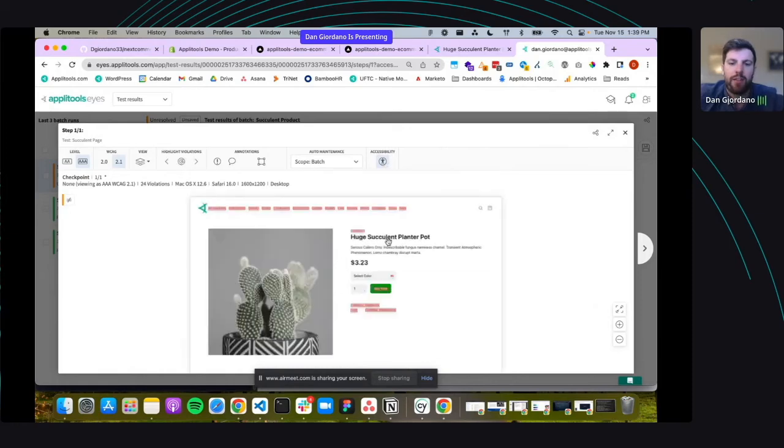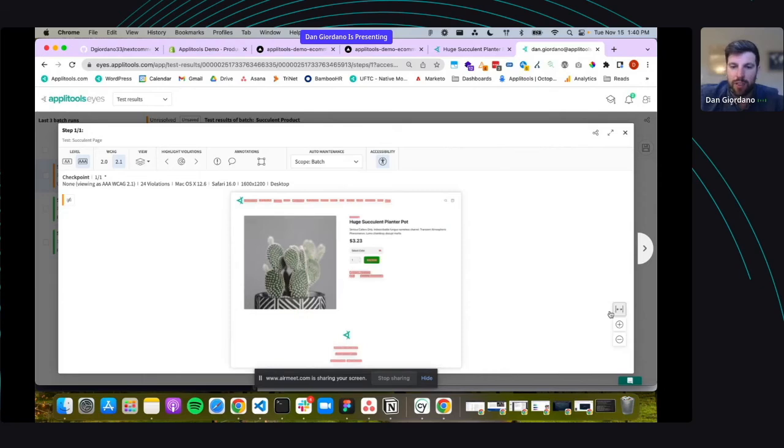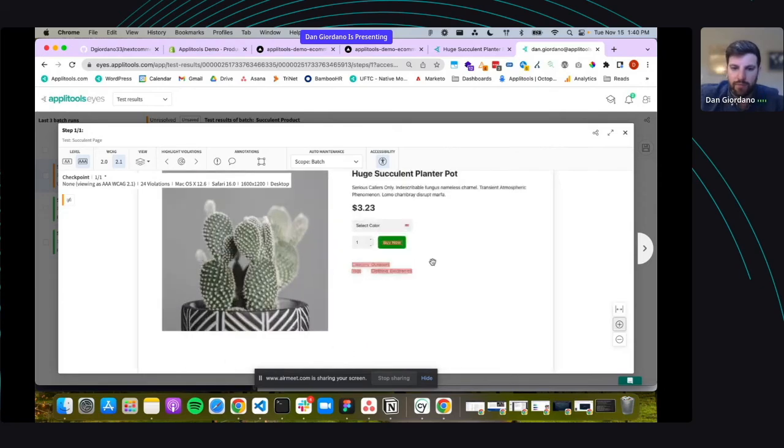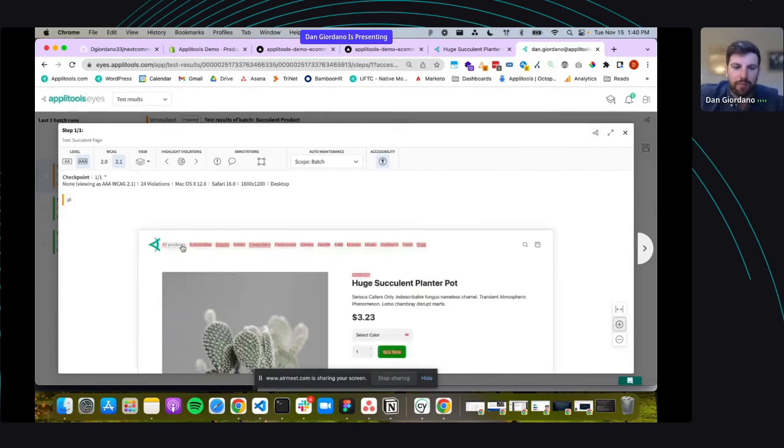Simply click this, and there's going to be a lot of problems here actually. So we have AAA level rating against 2.1 WCAG. This is going to be really the most strict accessibility rules. And you can see here we have a lot of problems with our visual accessibility. If we zoom in, you can see most of it is based